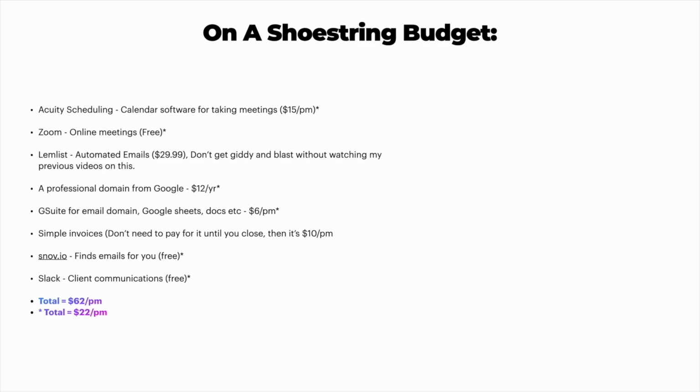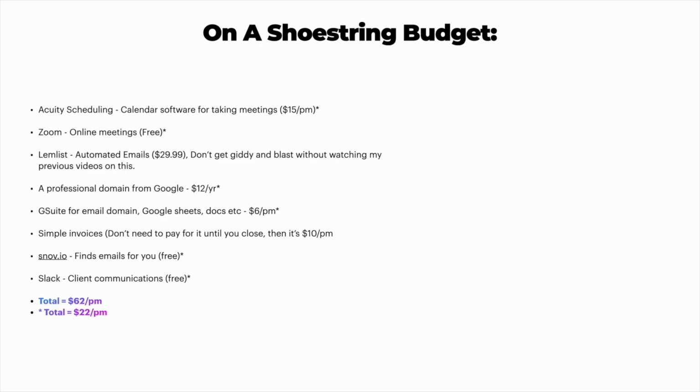So Lemlist, this is something I recommend you get, but you don't have to get this. You can actually start with manually sending out emails, as long as you are good at remembering when you need to follow up with certain people. If you're not going to use Lemlist, you're probably going to need to use a CRM system, or make sure you're keeping track of who needs to be emailed again, because if you just send one email to one business owner one time, you're probably not going to get a response. It's the follow-up that makes you a lot of money.